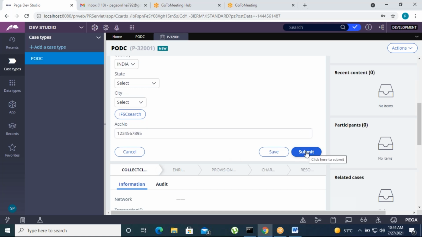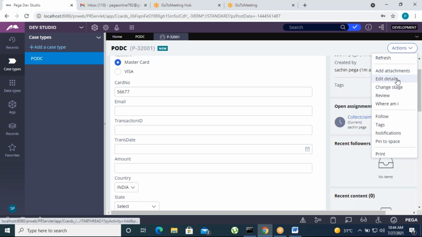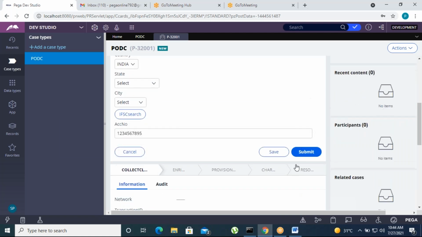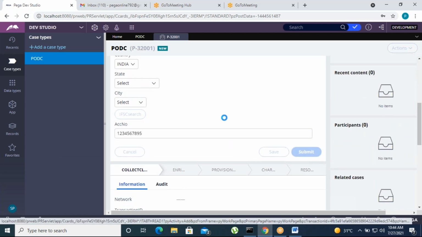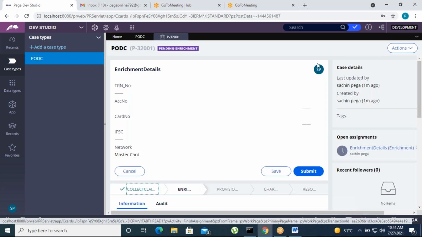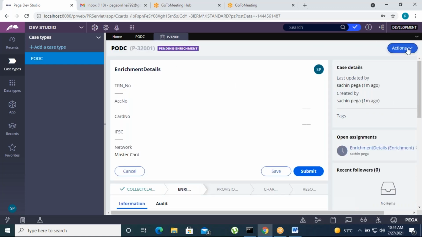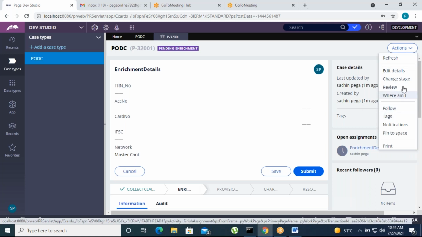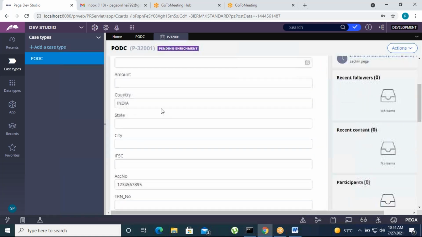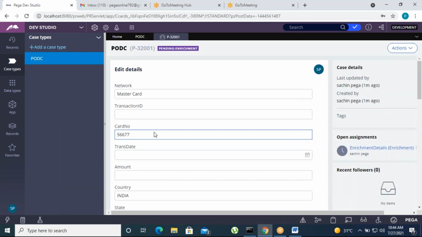Click on submit. Go to actions here, and there are edit details and change stage. These are all the predefined local actions or optional actions at the case level. A case is nothing but a collection of stages, right? So those local actions will be visible on every stage in the case. If we click on edit details, all the details are displayed in editable mode here. Suppose we click on change stage,